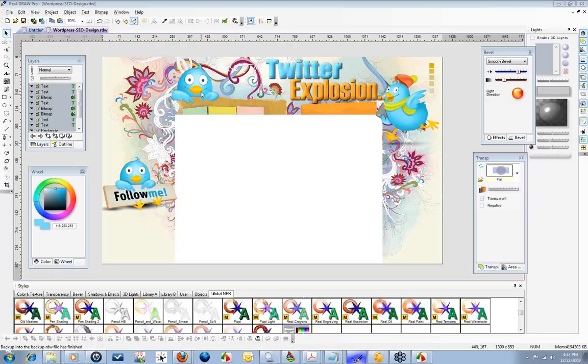And then I did a search for free, royalty-free Twitter birds, Twitter objects. I found these, downloaded them and stuck them in on the background. And then you just add your text objects, color them, and you've got a really nice background,